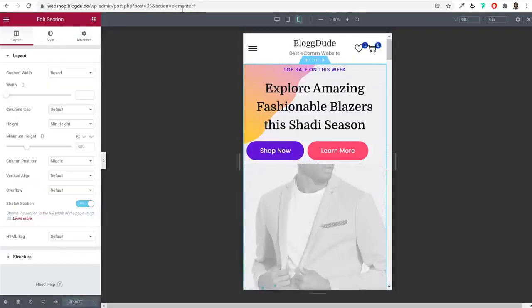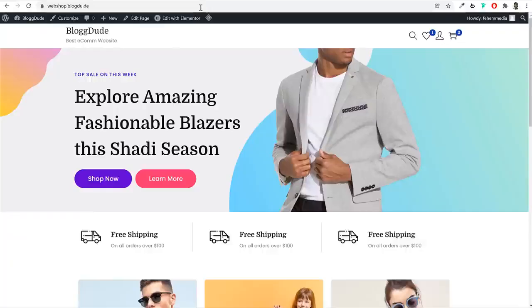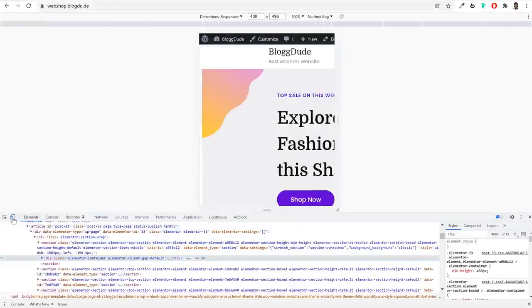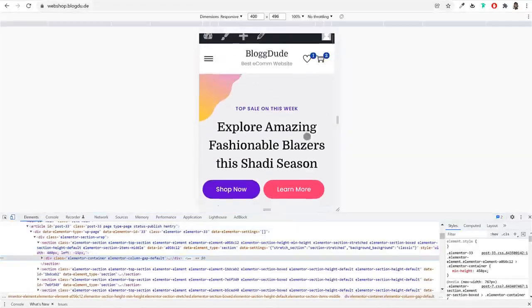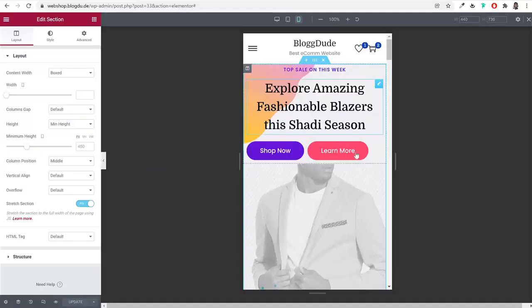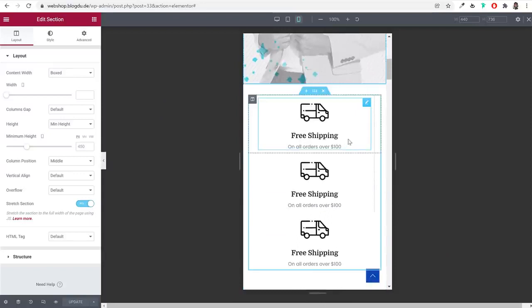Let's see how it is looking on mobile phone. First of all, if I open this website, refresh it. If you inspect element, you have this mobile phone option. If you click on responsive, okay, as you can see, this is looking beautiful. We have a nice amount of space at top and bottom as well. Now the second section is this section. If you want to display it like this, you can have it, or if you want, you can fix one